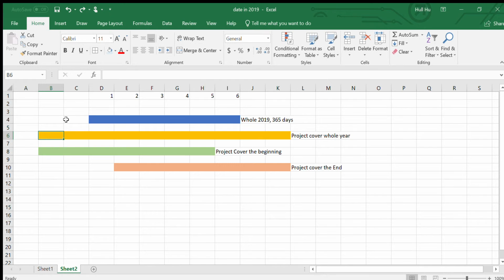It will cover the whole year, whole 2019. And for the green one, it only covers the begin point. For the pink one, it only covers the end point. For the yellow one, definitely we just need 365. That will be easy. For the green one, if the date would be the end date